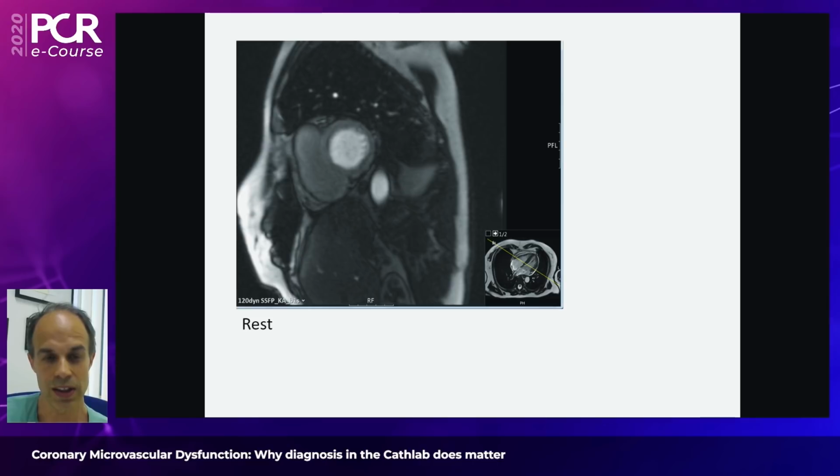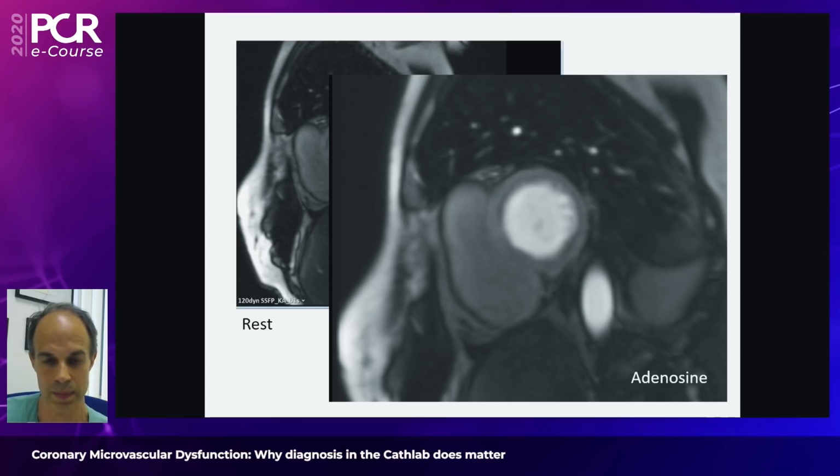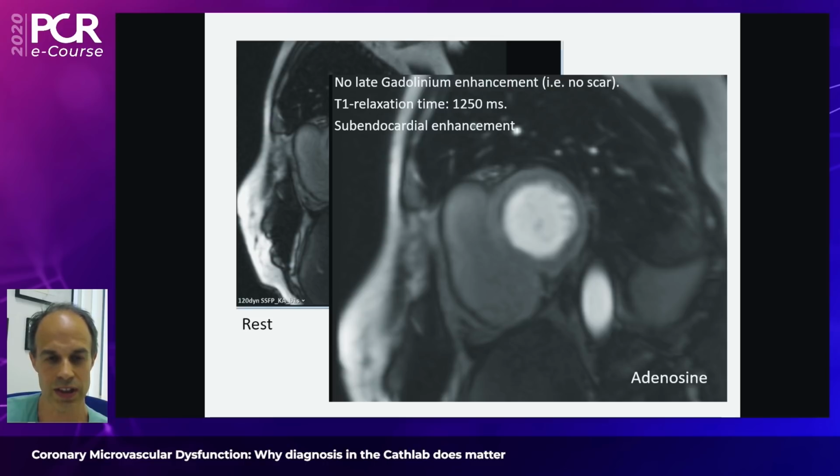26 exactly. So in order to be more complete, we also did an MRI at rest showing a diffuse area of enhancement in the subendocardium, circumferential as well, and in response to adenosine. Now, I'm not an expert of MRI, but this is what the colleagues told me. There was no late gadolinium enhancement, so there was no scar. The T1 relaxation time was mildly elevated, suggesting some degree of fibrosis or edema, but what was more evident was an area of subendocardial enhancement, suggesting or confirming the evidence of microvascular dysfunction that was diffuse and across all segments